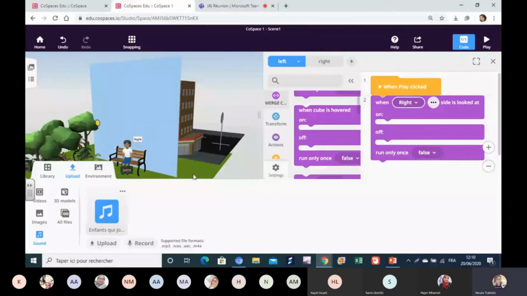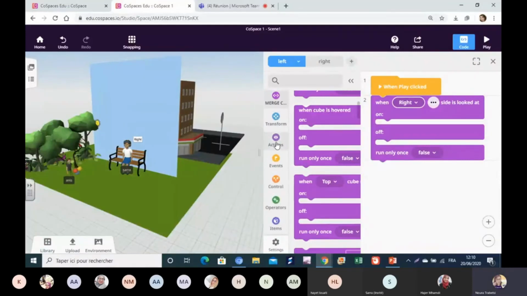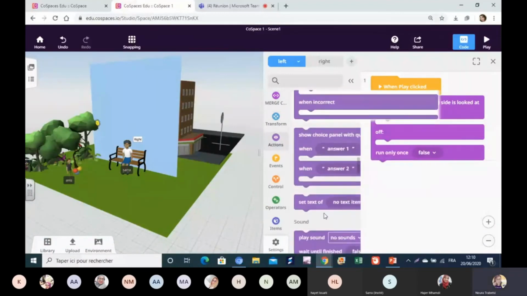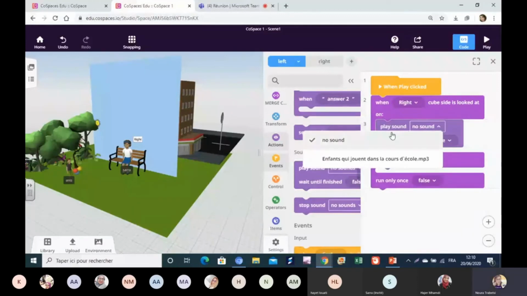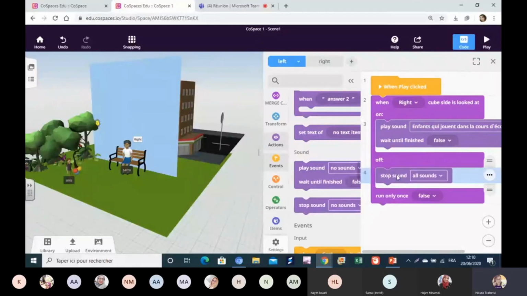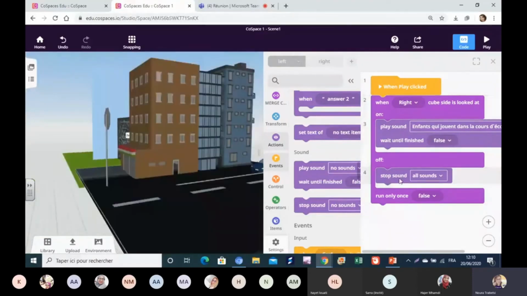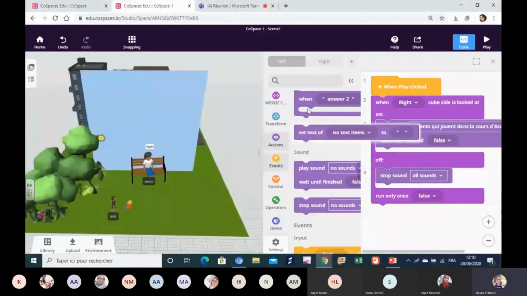So on the left side, drag and drop from the Merge Cube where the right cube side is looked at, on or off. On the part of on, I will add the music from action, and on the part of off, I will add stop all music or all sound, like this. Okay,